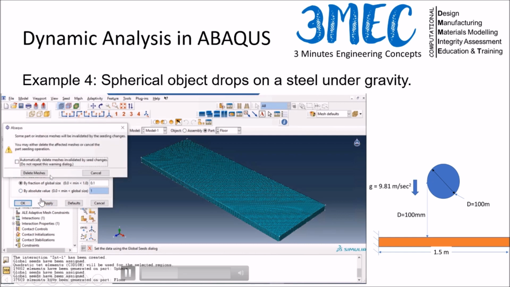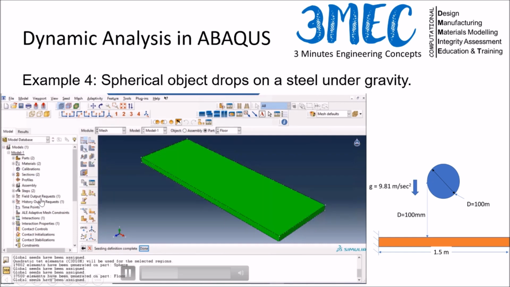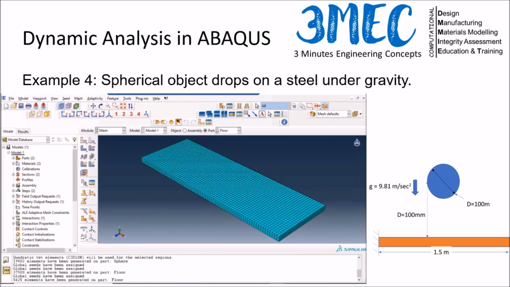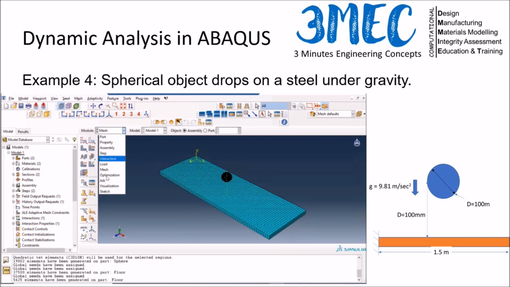So I have doubled it now, and let's see what happens to my element numbers if I mesh it again. And now it's only 5,000 elements, so it's better than before. And also in the thickness direction I have at least 3 or 4 elements, so that should be okay as a starting point. So now I just go to the job module and I run it after saving, obviously,